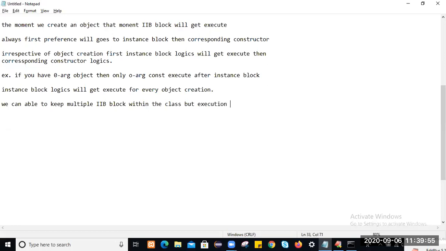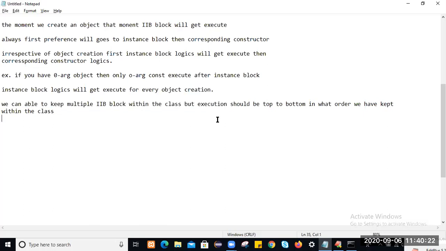execution should be top to bottom, in whatever order we have kept them within the class.